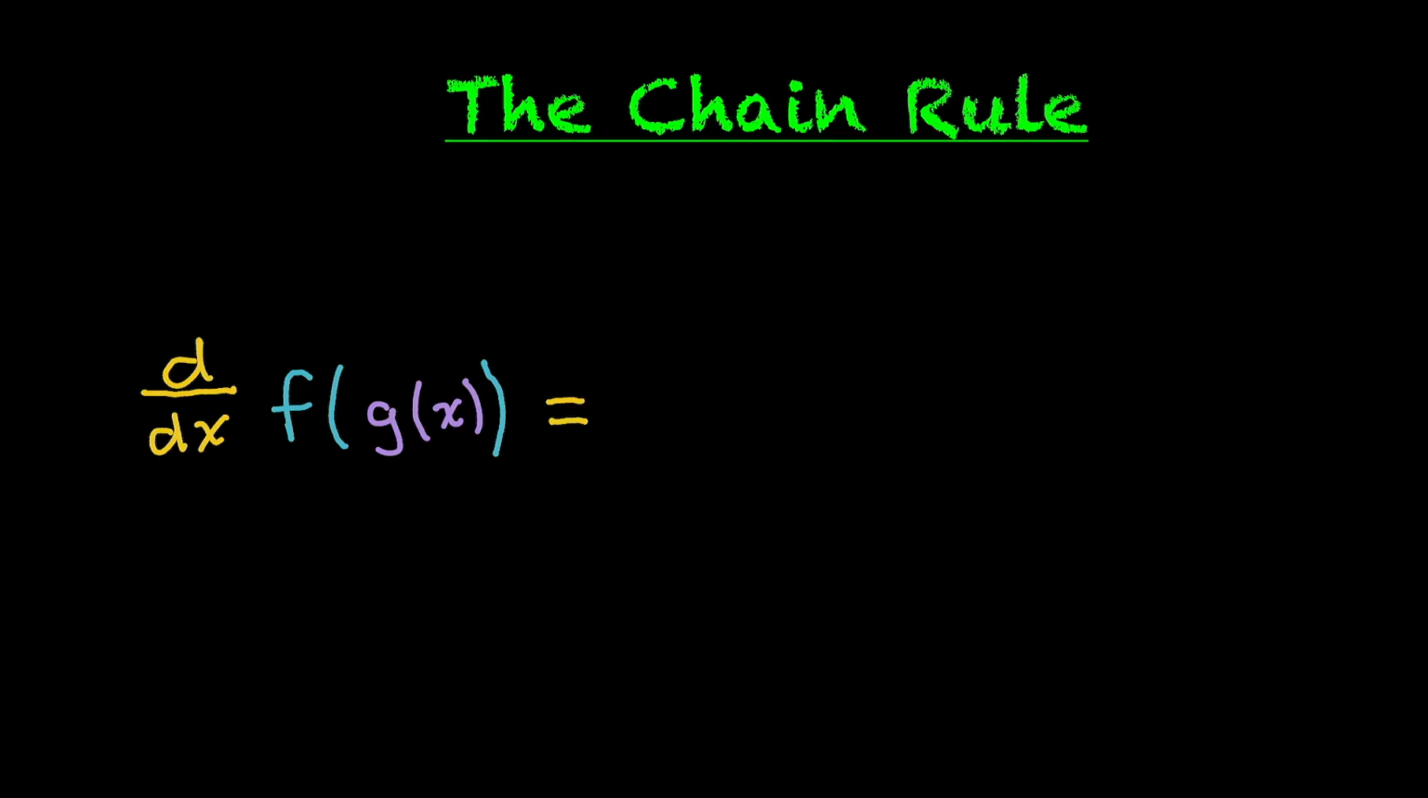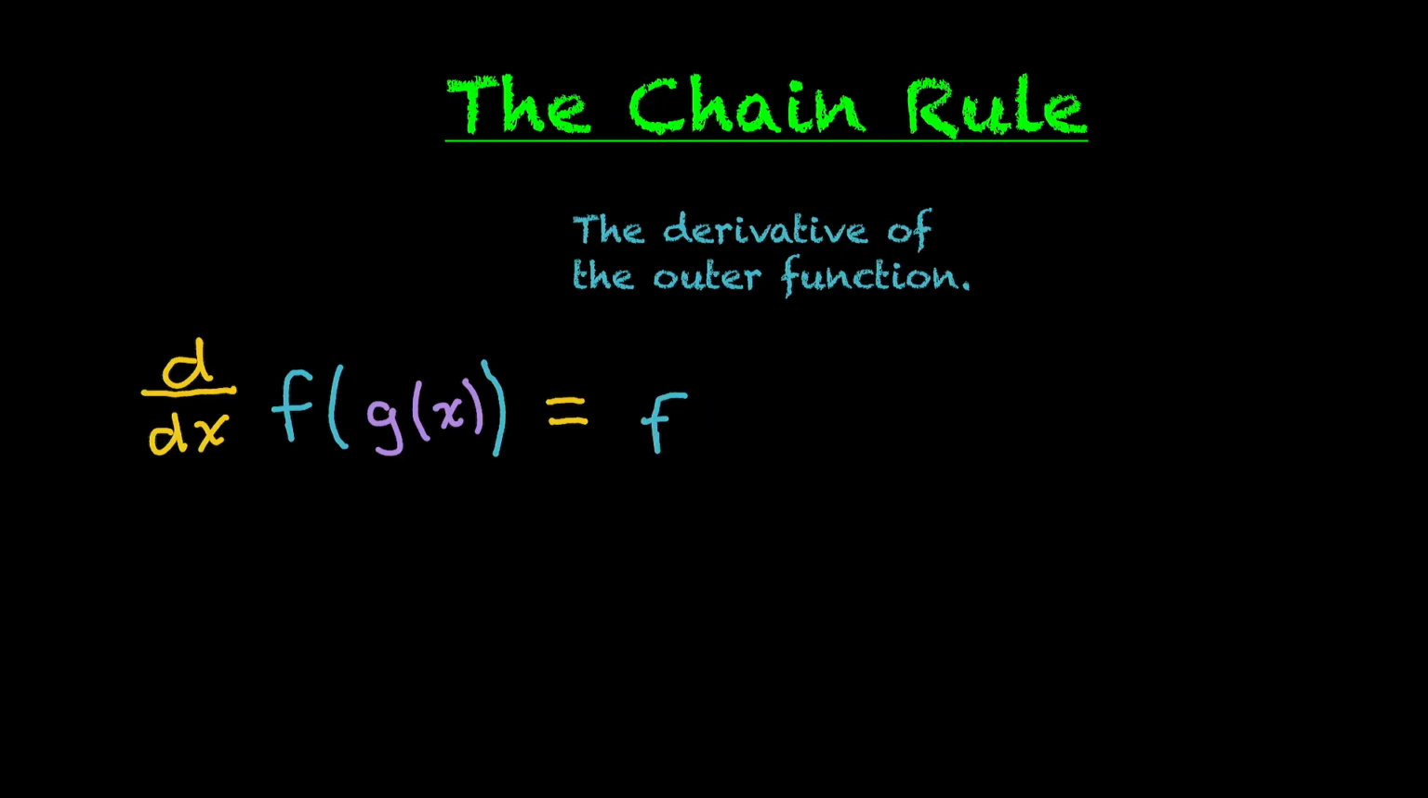The chain rule is the derivative rule which allows us to take the derivative of compositions, where one function is sitting inside of another function. So here we have the derivative of f of g of x, where g is not being multiplied by f, but it's sitting inside of that function f. And when we have this situation, we want to start with the derivative of the outer function. So here the outer function is f,